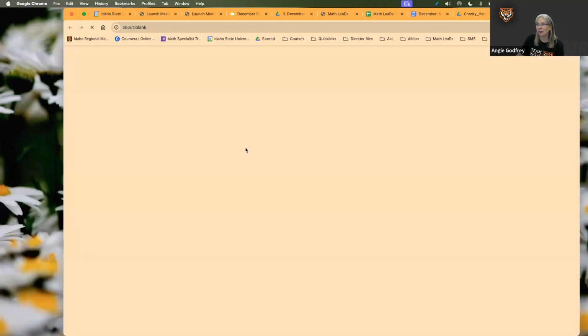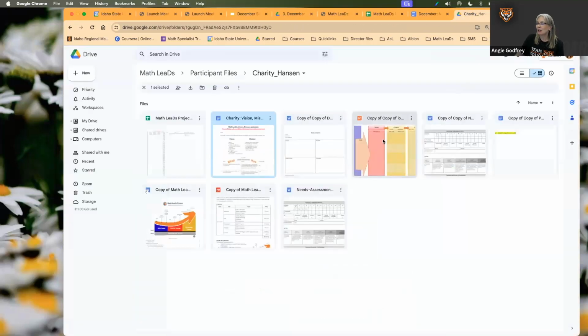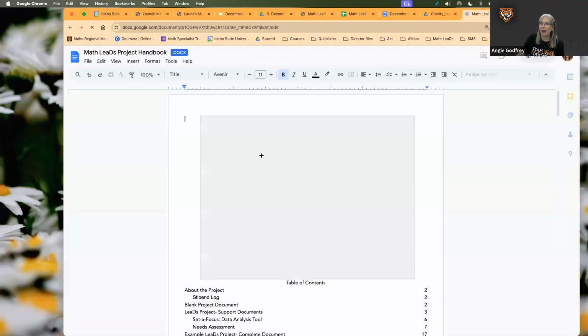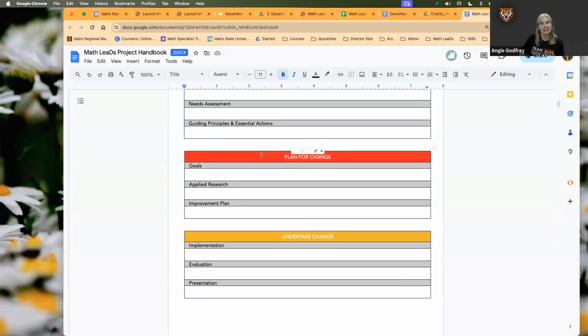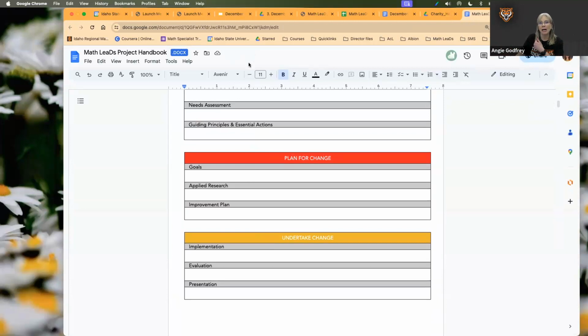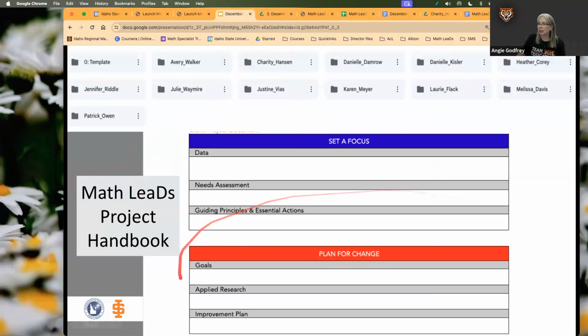And then, in fact, if you do this, then I don't know that you need to actually put it right in your, this is the whole math handbook document. It's nice to have it all in one place. You'll do all the compiling at the end. Okay, so we're here, your goals go here. When you do your articles and you read them up, this is where they go. Your little write-up, which is less than a page, will go right here under applied research. Okay? Questions about those two components?